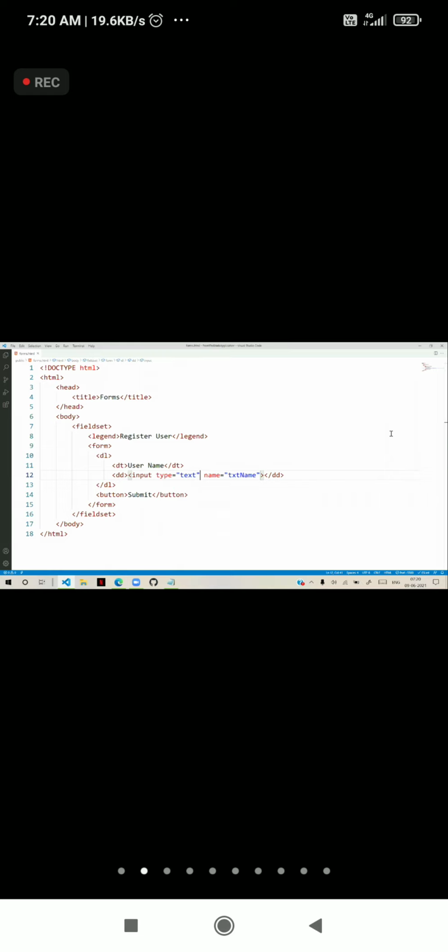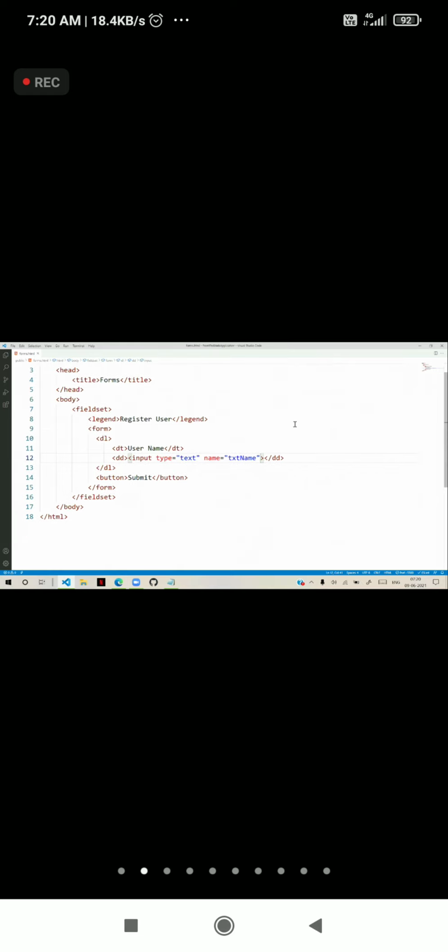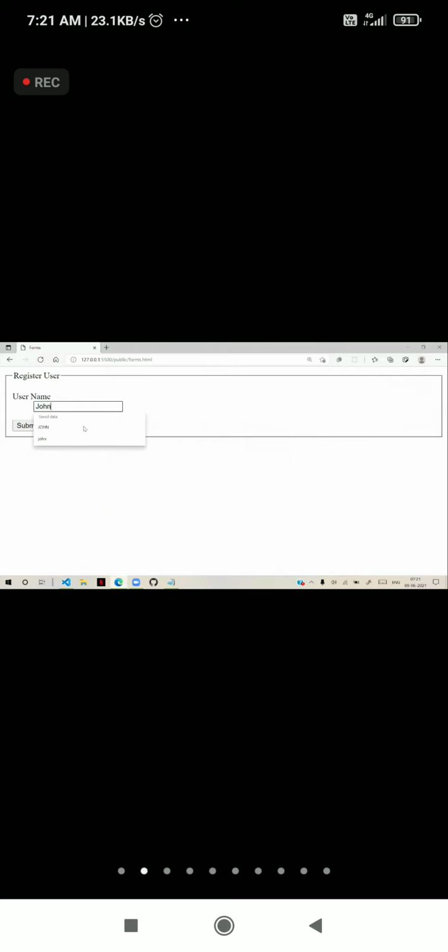Next important, we have value as a property. Value indicates what value you want inside it by default. Suppose I want John inside it, you can give that value. So whenever the page loads, by default it will have that value. If you want, you can change the value and put something else.